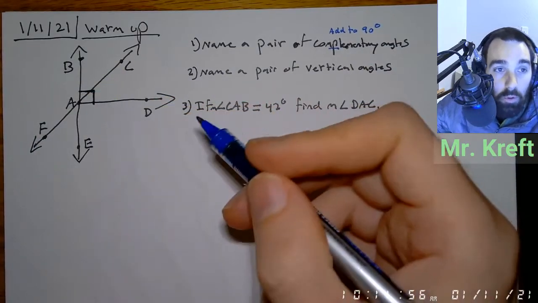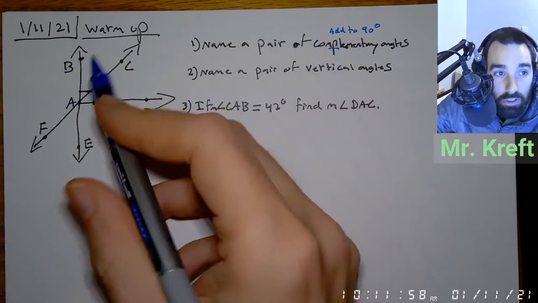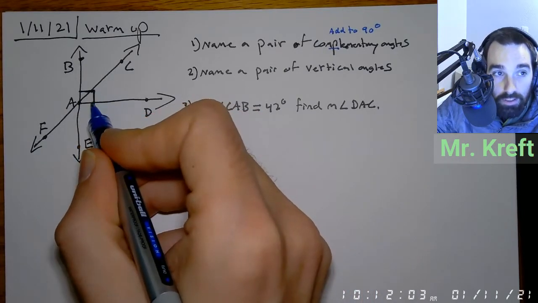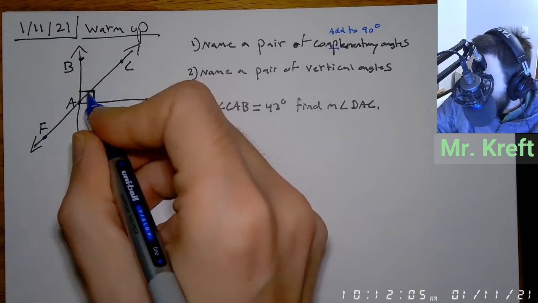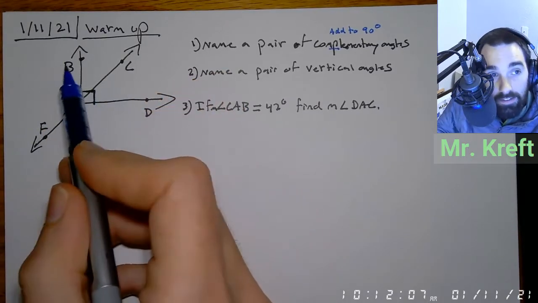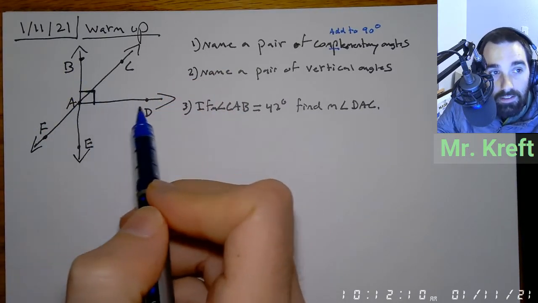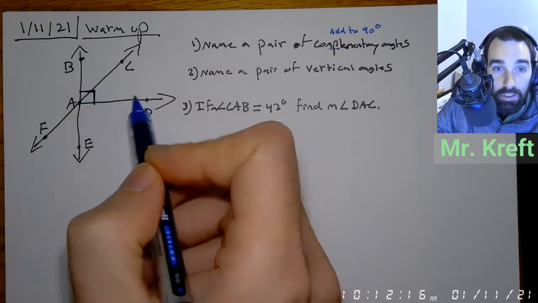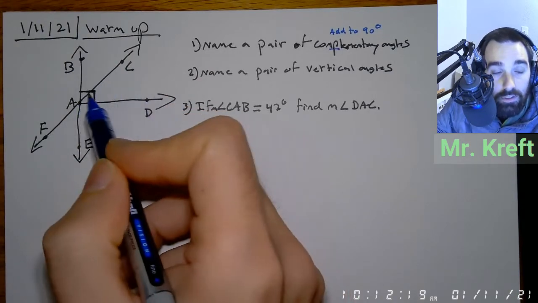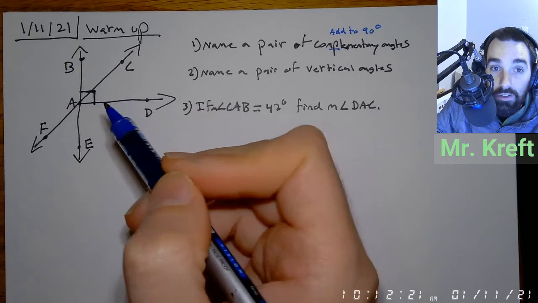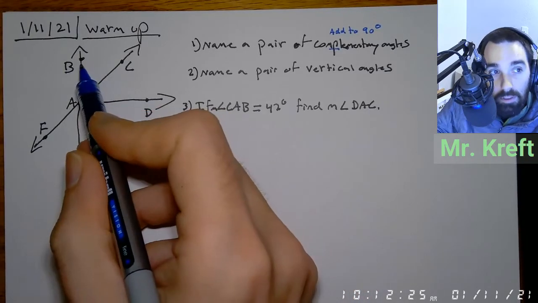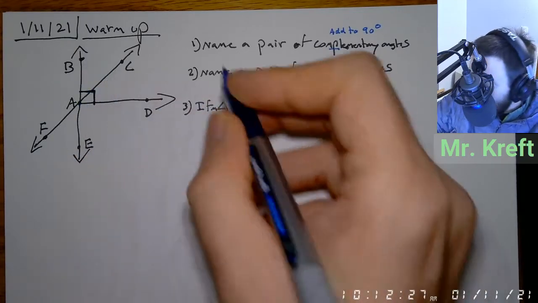Just a second. So remember when we're naming this, we can't just look at this and assume that things are 90. What we're looking for is this box right here, right? Remember this box means 90 degrees. So that means angle BAD, this big angle right there, is 90 degrees. So if this is 90 degrees, then I know that any smaller angles in it are going to be complementary. So I'm going to be taking a look at angle BAC